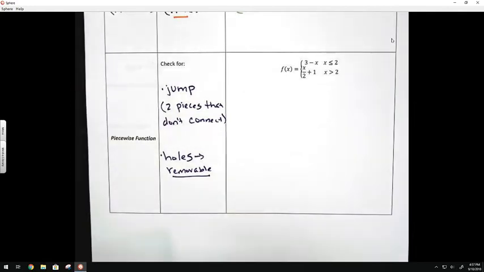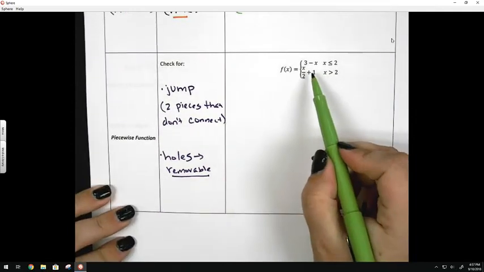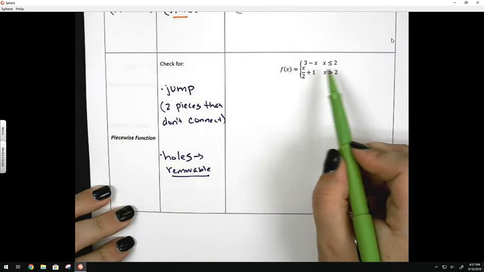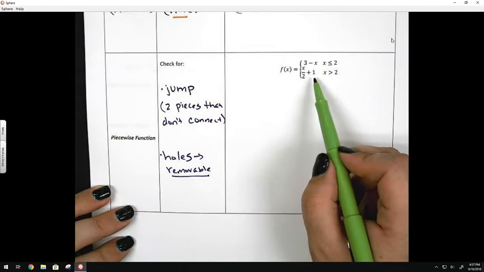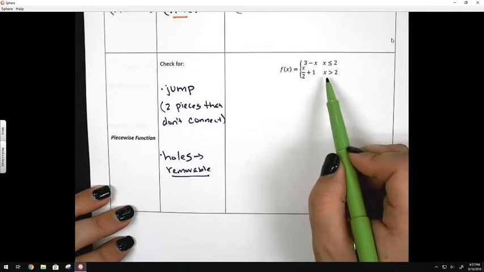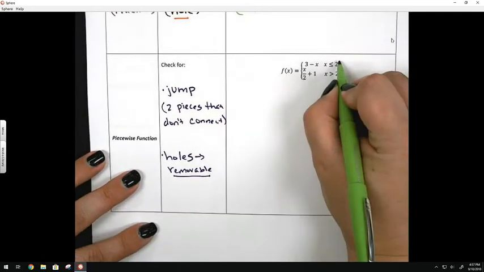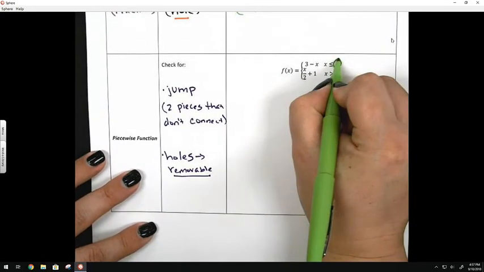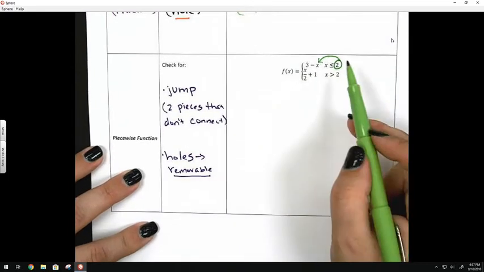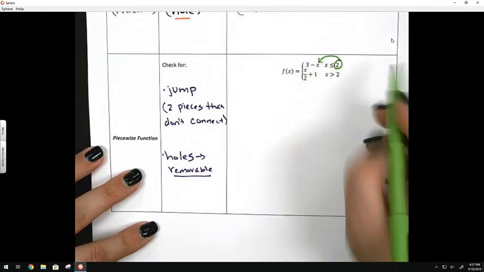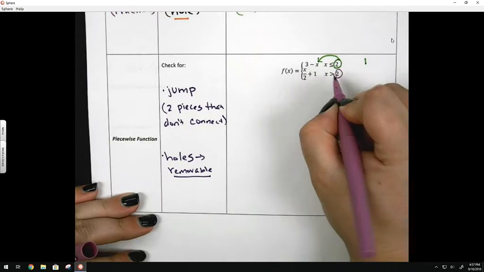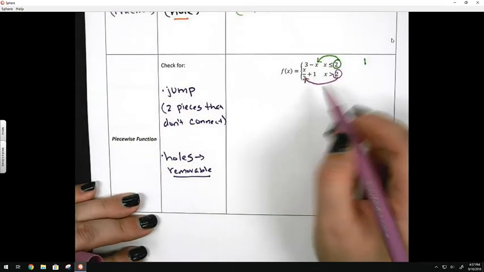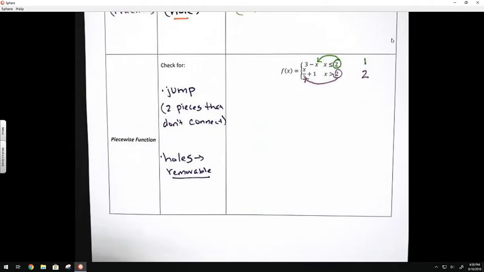So when we look here, we can see that we have a line for 3 minus x for when x is less than or equal to 2. And then we have another line, x over 2 plus 1, for when x is greater than 2. So all we're going to do is we're actually going to take this value and we're going to plug it into both of these. Okay? So if I do that, I get 3 minus 2, which is 1. And if I plug 2 into my other one over here, 2 over 2 is 1 plus 1 gives me 2. And since those two do not equal each other,